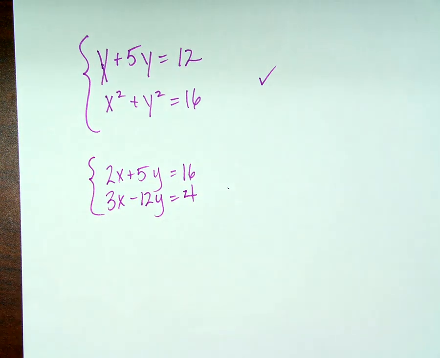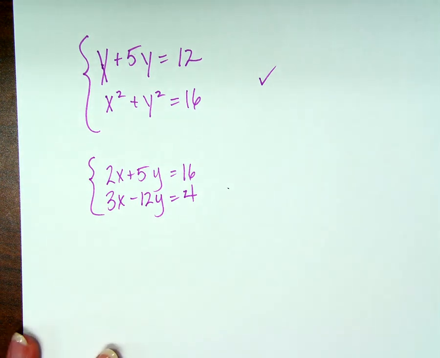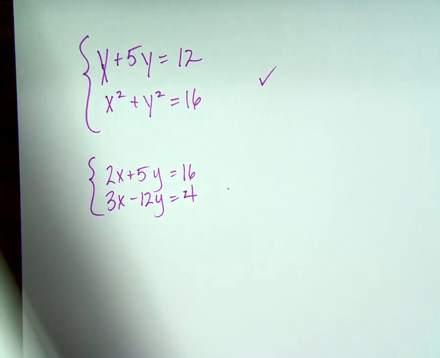Is that a nonlinear system in two variables? Why not, Madeline? Yeah, they're both lines. So it's a linear system in two variables, but it's not a nonlinear system in two variables. Got it? Okay. The rest of these objectives,